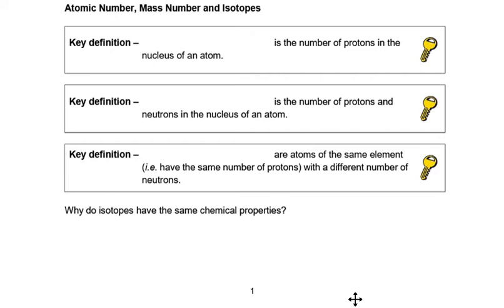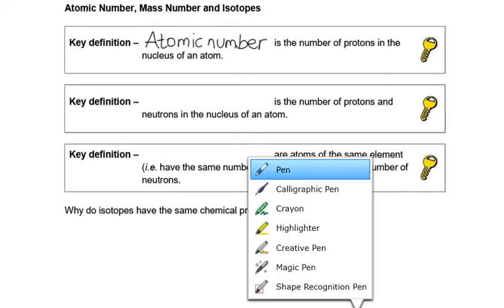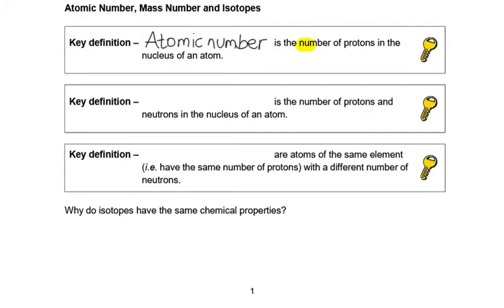In this very short video, we're going to have a quick look at some of the key definitions that we need to know for this section of work. We've got three key terms: atomic number, mass number and isotopes, in the order that they're written up there. We'll write in those words and then look at each one and what it means. Our first term, atomic number, is the number of protons in the nucleus of an